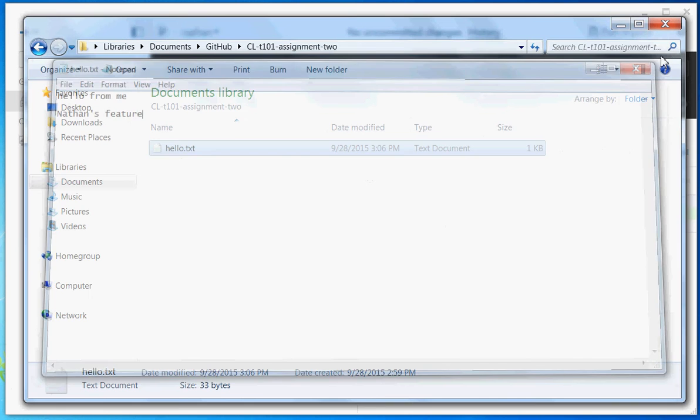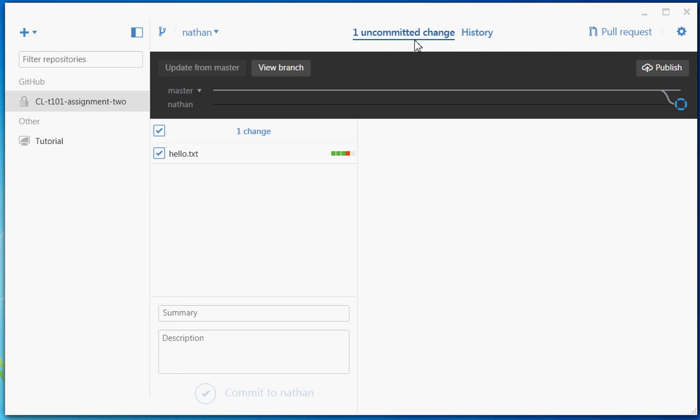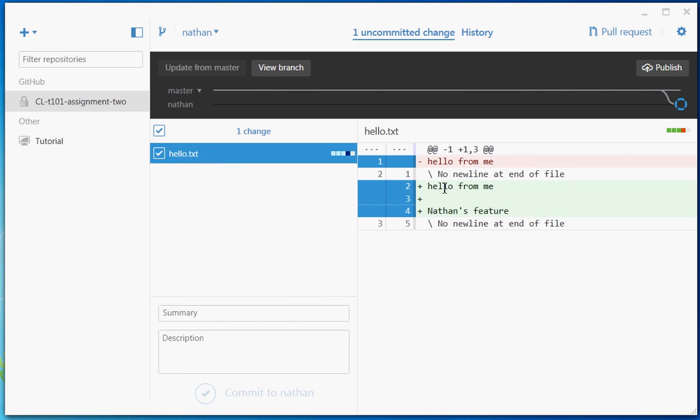So we save that, close the file, and if we go back to GitHub here, we should see that we've got a change. So just clicking the one uncommitted change thing at the top, we see that there is a change. Nathan's feature has been implemented. So we've put Nathan's feature in here. Now what we can do is give it a little summary, add Nathan's feature,